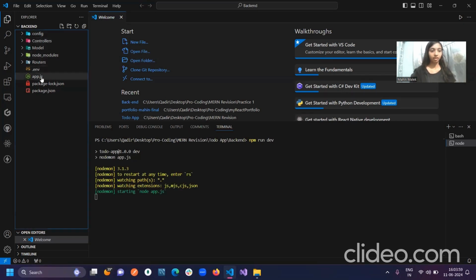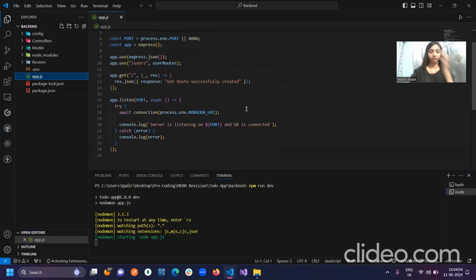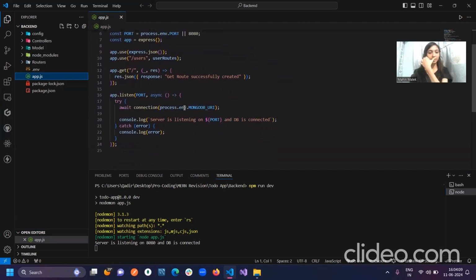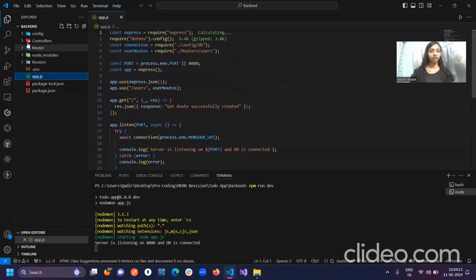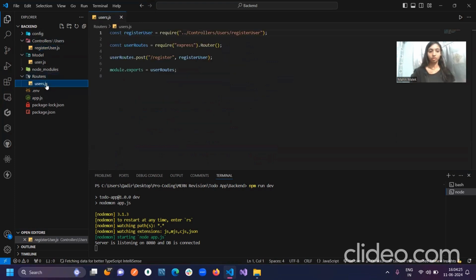So let's check our previous code. I have set the basic API, meaning the basic server, and I have connected my database to my Node.js application. I have also done the model for the user and the controller for the user, and in the controller I have done the registration. Today we will go to the routers, users.js router. In register we have done. Now today I am going to